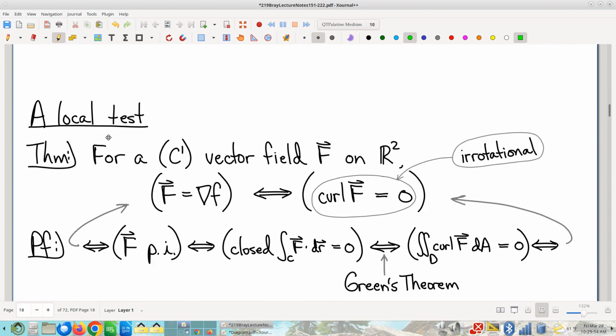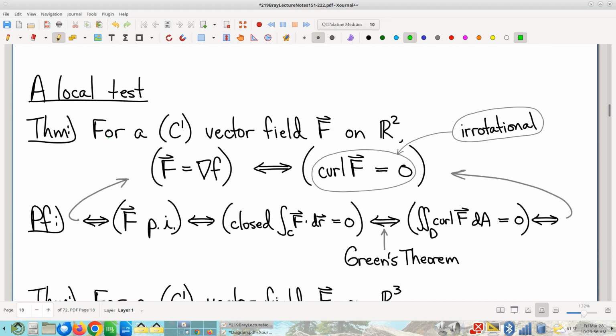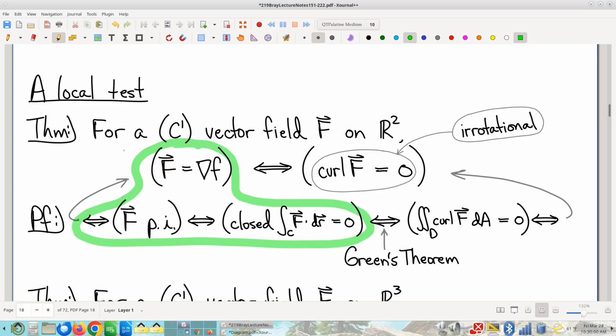So that's how I knew, right? Okay, now let's talk about this. Where does this test come from? How do we know this test works? Well, there's a lovely little argument that I've got outlined here. First of all, we've already established that these three conditions are all simultaneous, right? A gradient, we already know, with appropriately regular assumptions on the vector field in question, we already know that gradients are path independent. We already know path independent means circulations are zero. Closed line integrals are zero. Okay, that we already knew.